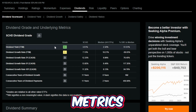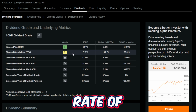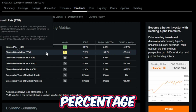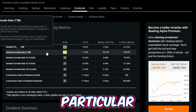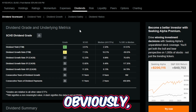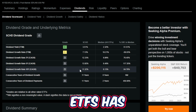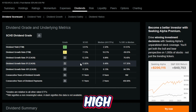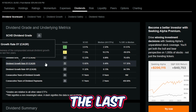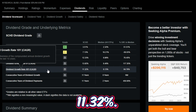Now, some more very important metrics to know is that SCHD has a trailing 12-month dividend growth rate of 7.13%. Now, the dividend growth rate is an annualized percentage rate of growth that the particular dividend undergoes compared to a 12-month period before that. So obviously, the higher the dividend growth rate, the better. And SCHD, compared to many other ETFs, has a very, very particularly high dividend growth rate. If you look at over the last 3 years, 12.33%, the last 5 years, 13.92%, and the last 10 years,